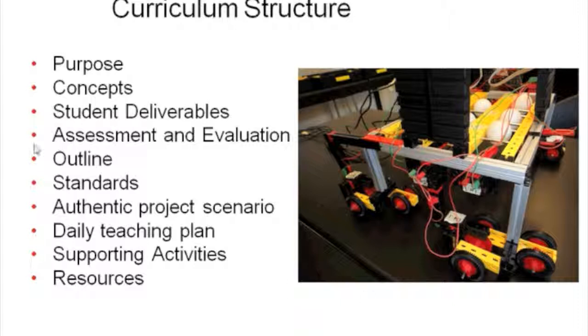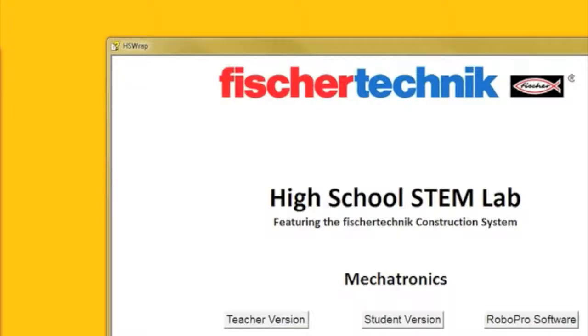Now at this point, what would probably be most useful is to show you actually what the curriculum looks like. So let me just break out of this PowerPoint here. Bear with me a second while the screen goes black for a second. I promise we'll come back. And here you see,